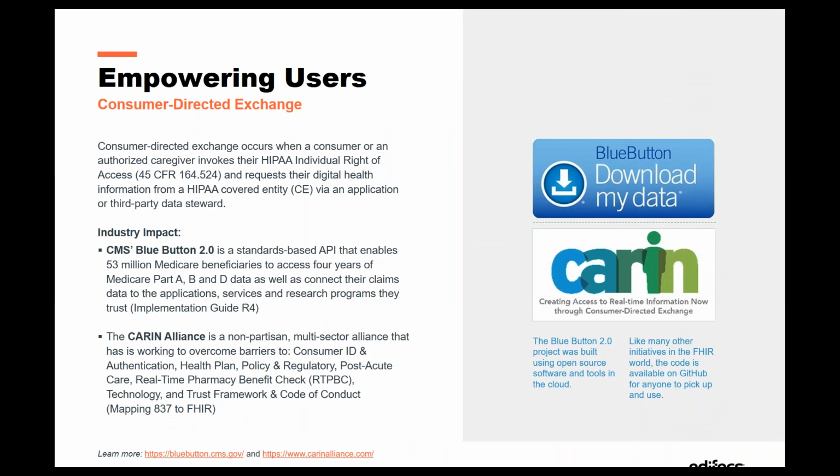So what's empowering our users? Great projects out there, right? One of the concepts that we've been researching and what's popping up is this idea of a consumer-directed exchange. If you go to Karen's website, they do a great job of defining what this is, but it also is more of a concept, right, where the consumer is asking, or has the authority under the HIPAA guidelines to say, I want to request their information, our information, and I'm going to use some type of application or even a third party. How do I do this? How is this going to be effective? And how really are we going to implement this?